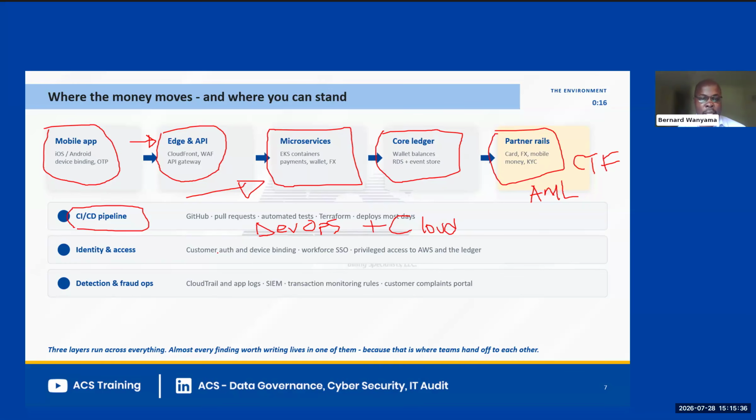On the identity and access side, you have the customer side identity, which is very important to ensure that the right people get access to their wallets and are able to work with their transactions without repudiation. But of course, you also have your internal identity and access management for your employees and other humans plus non-human or machine identities that need to be authenticated and need to carry out different processes within the fintech.